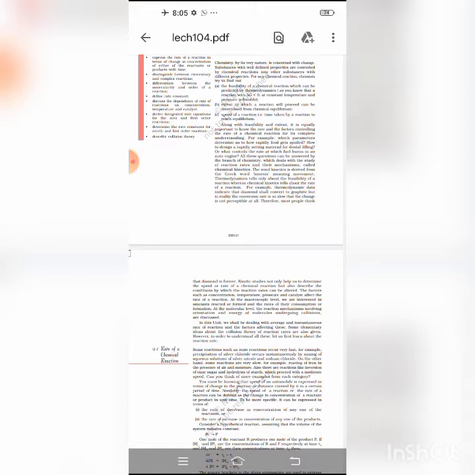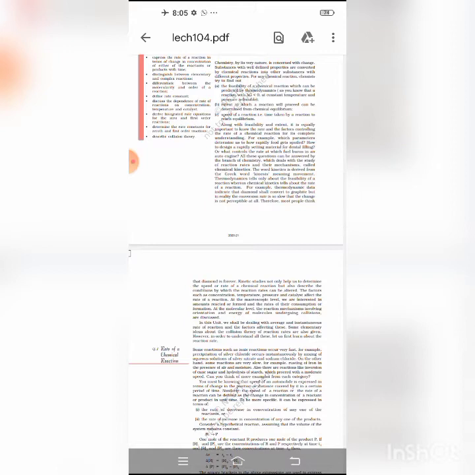Rate of a reaction is directly proportional to the concentration of the reactants, and rate of a reaction increases with the increase in temperature. In presence of a catalyst, the rate of reaction generally increases and the equilibrium state is attained quickly in reversible reactions. Okay, and the smaller the particle size, the greater the surface area and faster is the reaction.